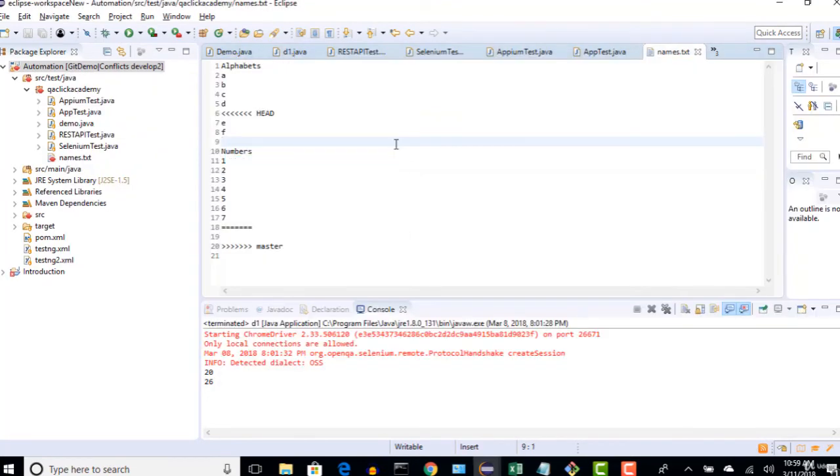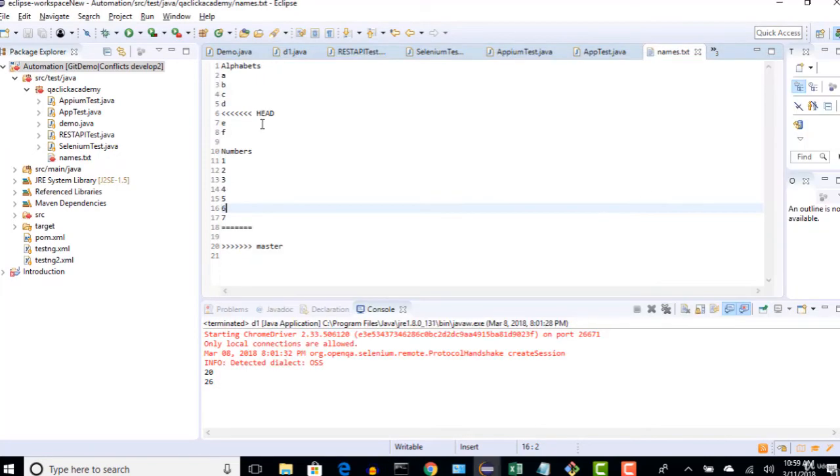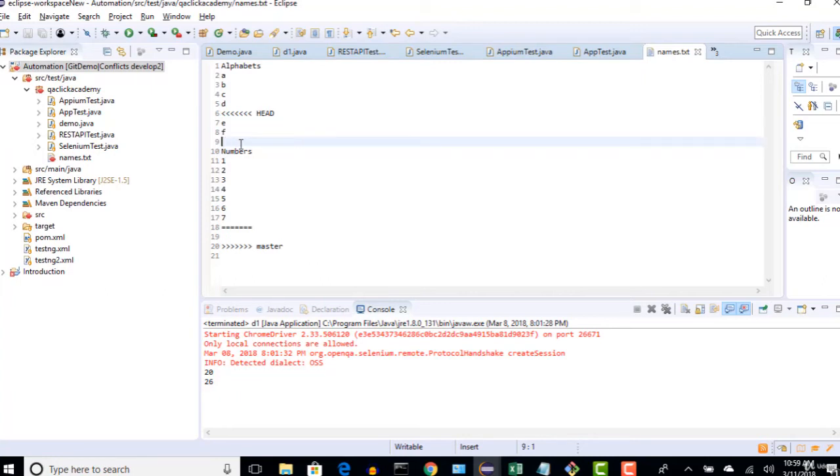So once there is a merge conflict, you will see something like this, head, master. Okay, it clearly said that head is our branch, the current active branch. What is the current active branch here? Which is nothing but develop 2, right? So that's why it is saying in head I found these 2 extra. And it's up to us to decide now. So now you have to coordinate with the master branch developer and understand what's happening here. So you have to coordinate with your team members and then create a new file.